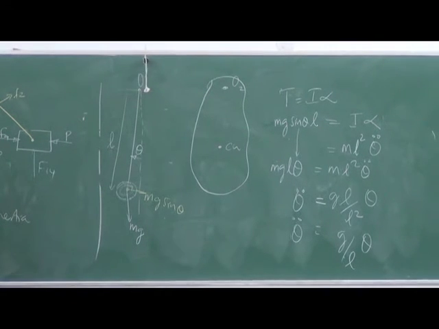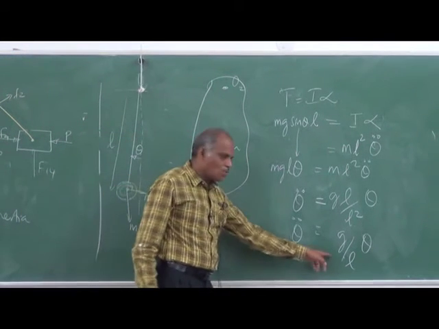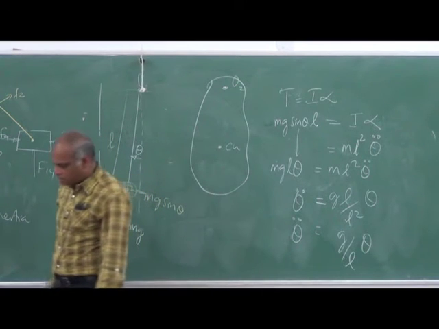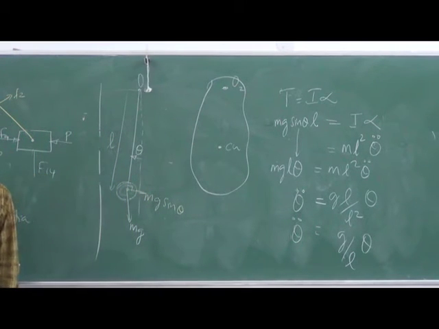This equation resembles a simple harmonic equation. We can say this is related to omega square. But is it correct? My derivation,